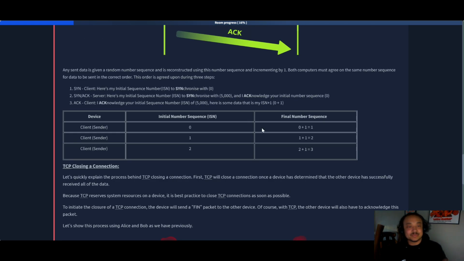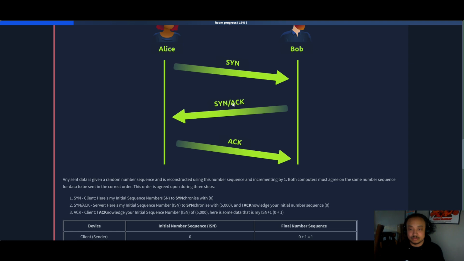But getting into initial sequence numbers and how sequence numbers tie into this. Any sent data is given a random sequence number and is reconstructed using this sequence number and incrementing it by 1. Both computers must agree on the same sequence number for data to be sent in the correct order, and the order is agreed upon in 3 steps, which was here. So in the SYN step,